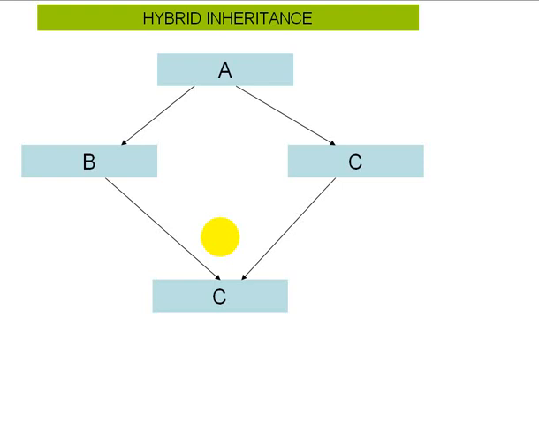A public member of a class can be accessed by its own objects using the dot operator. The result is that no member of the base class is accessible to the objects of the derived class. On the other hand, when the base class is publicly inherited, the public members of the base class become public members of the derived class and therefore they are accessible to the objects of the derived class. In both cases, the private members are not inherited and therefore the private members of a base class will never become members of its derived class.